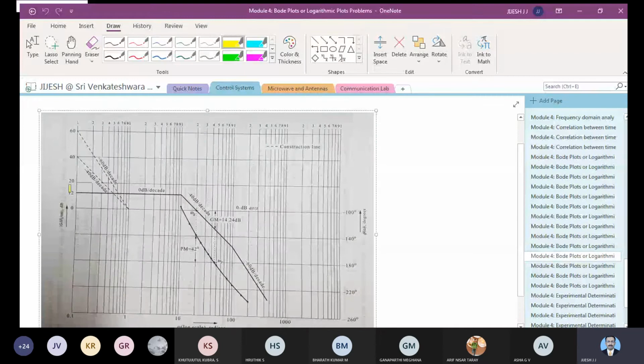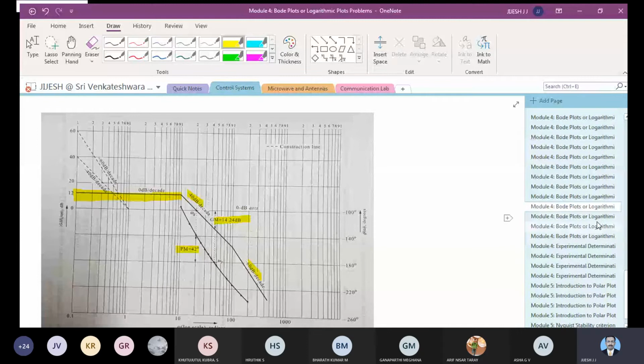You can see that you will have a 0 dB slope, no slope first, and then you will have 40 dB and 60 dB. So you can try this problem, and you need to extend from 180 degrees and find out the gain margin as well as the phase margin. If you have any doubts, you get back to me and I will discuss that. Okay, that problem you solve it.